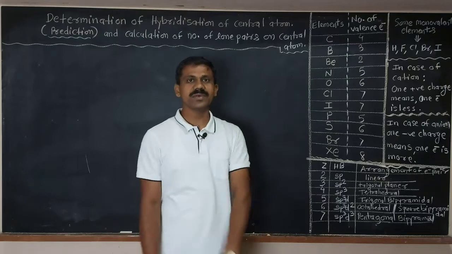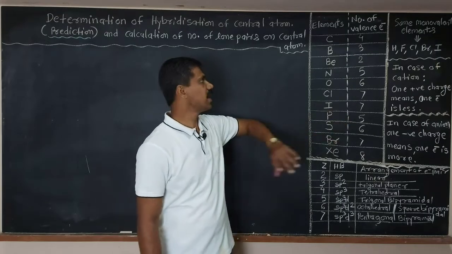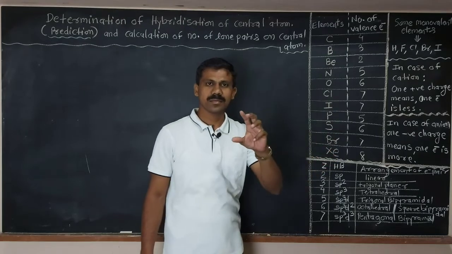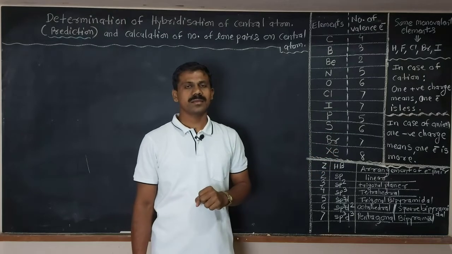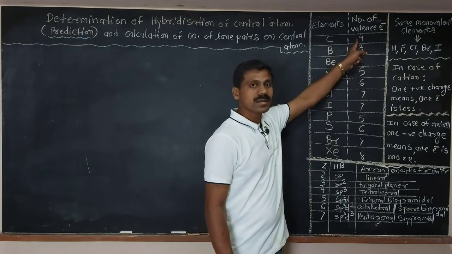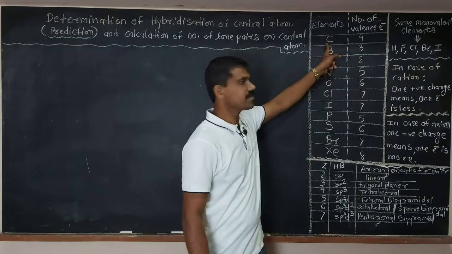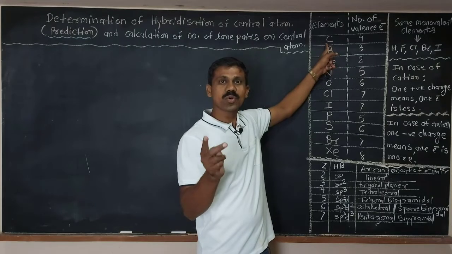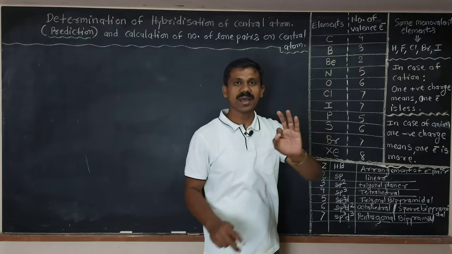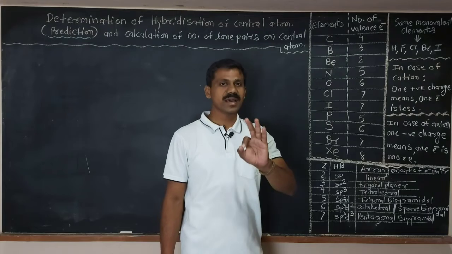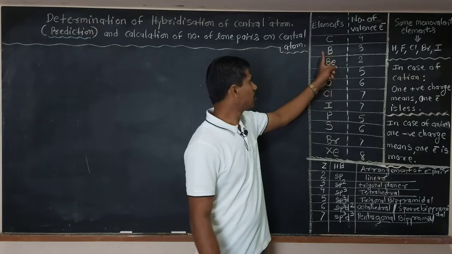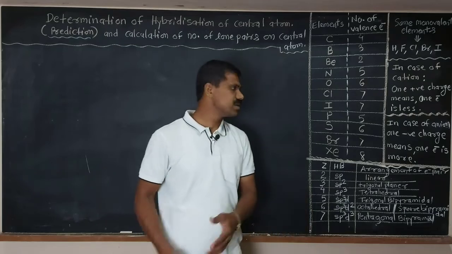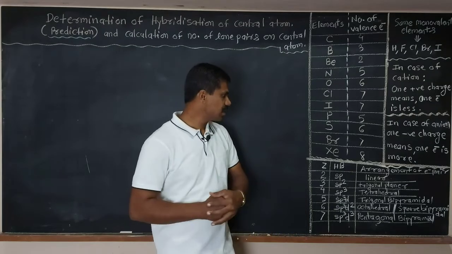first we will deal with some common things: these are some elements which are mostly central elements, and these are their valence electrons. For carbon, its atomic number is 6, that's why its electronic configuration is 2, 4. 4 is the valence shell electrons, or valence electrons, of that carbon. Similarly, for boron 3, beryllium 2, nitrogen 5, oxygen 6, chlorine 7, iodine 7, phosphorus 5, sulfur 6, bromine 7,